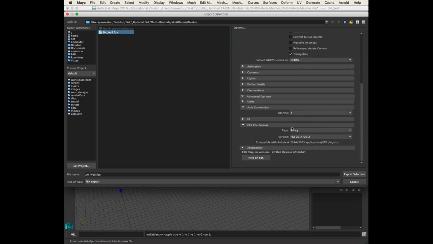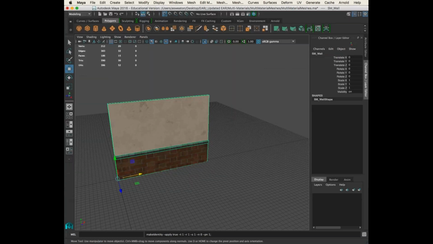So again, just to double check, make sure that you have smoothing groups on. Make sure you have triangulate on. Make sure that your FBX file format is 2014, 2015. Again, you guys should already have this set up anyway, but just in case you don't, I want to give you that little reminder. So I'm going to export selection. Just say yes. Let me go ahead and open up Unreal. I don't have an Unreal scene created for this, but you guys will. So you'll open up your Unreal scene and you will import those pieces back in